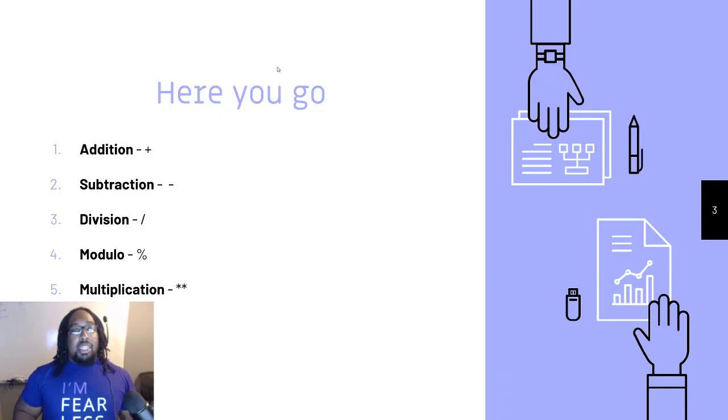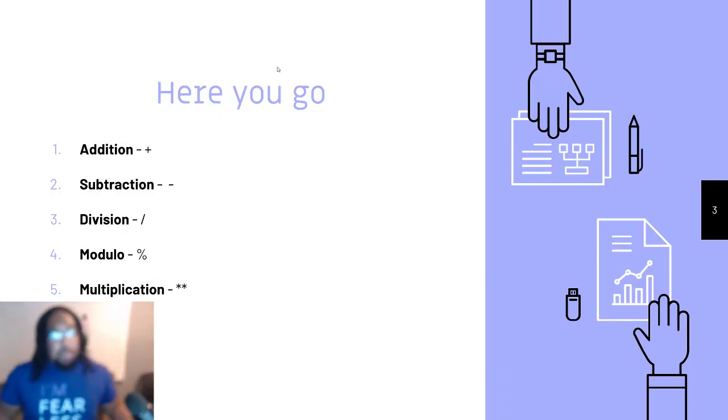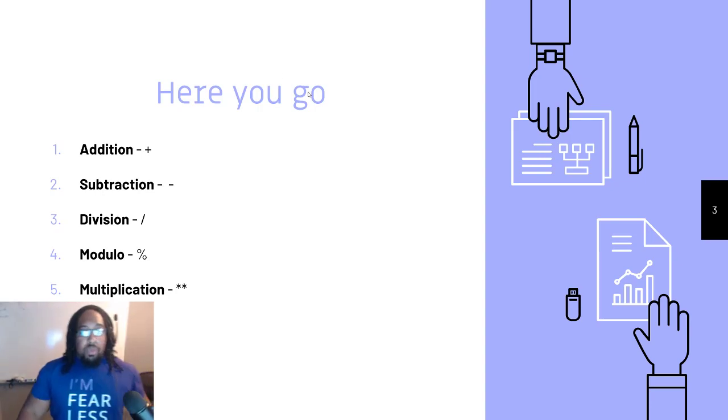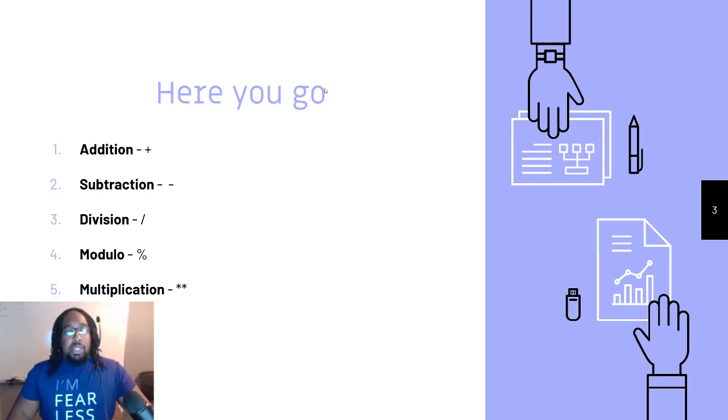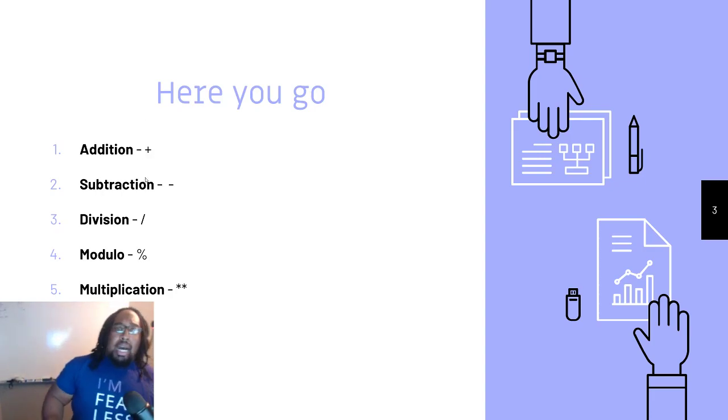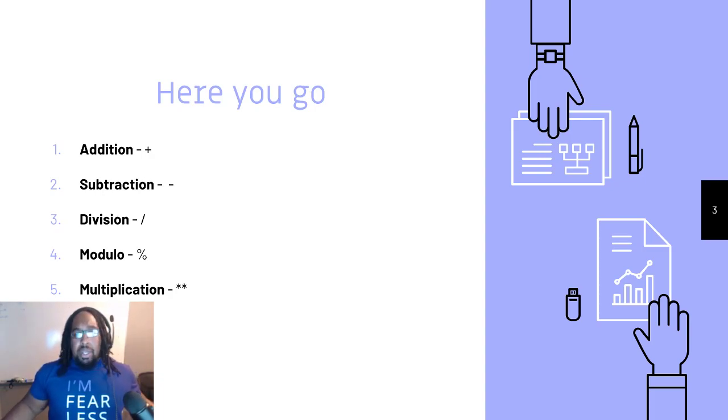So cool. This is the only slide that we're gonna need to be able to do all the things that we're gonna do tonight. Arithmetic operations are exactly what you think they are. One, we've got addition, and we're gonna be using JavaScript, and in a lot of languages this is gonna be the same. Addition is a plus sign. Subtraction, minus on your keyboard, same way as the calculator on your computer. Division is the slash. That might be one that some people don't know, but I think most people know that division is a slash.